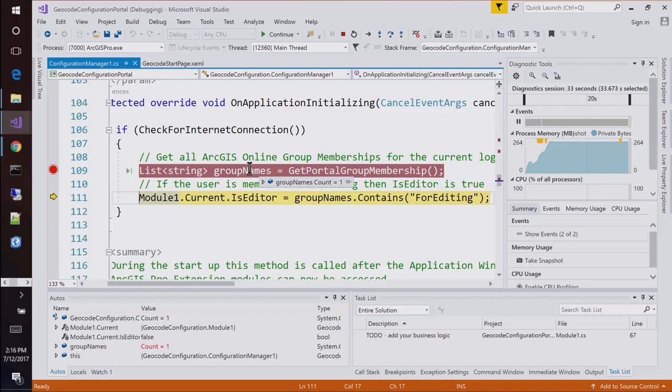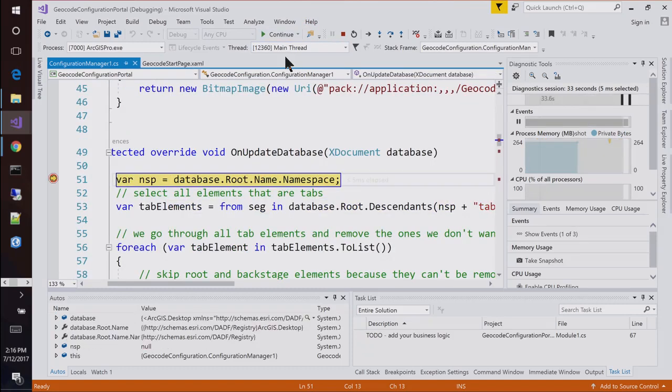So now when I look at the group names, you can see he's only a member of one group. And when I look specifically for the group, you can see it's the for viewing group. So he is not a member of the for editing group, meaning that is editor will be set to false. So if I continue on this, now we come to